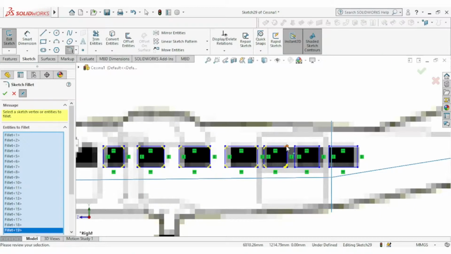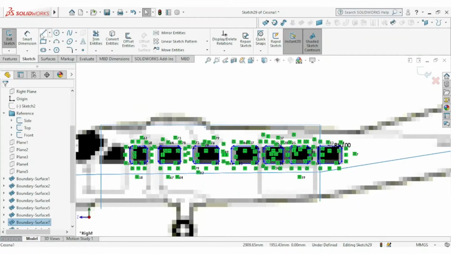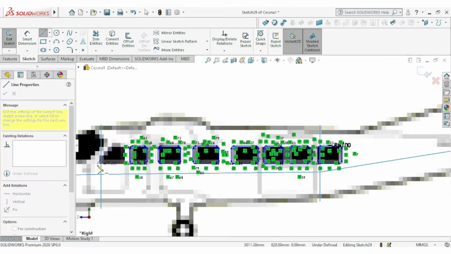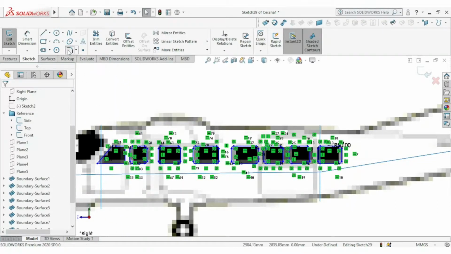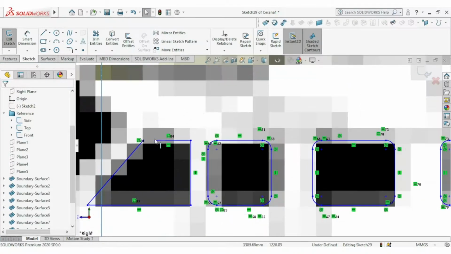Okay, let's fillet these edges so that they become smoother, not so tight. And let's add one more. This. Okay, and let's merge this.